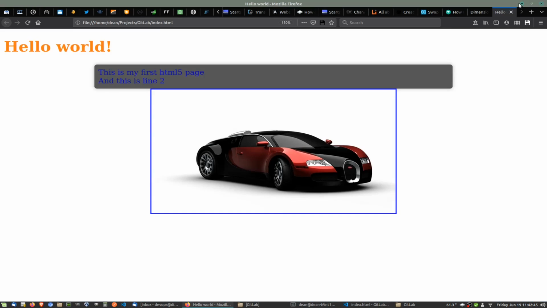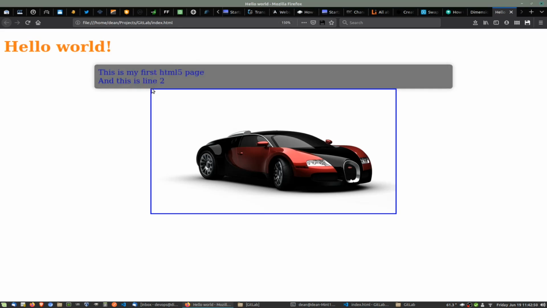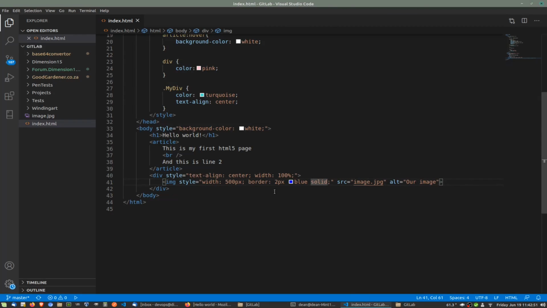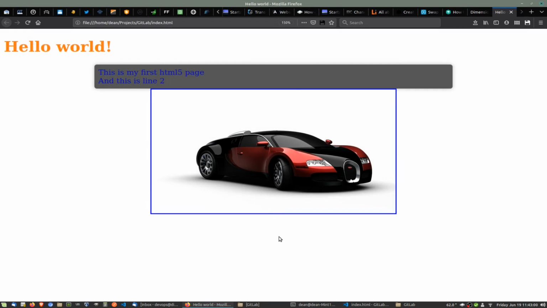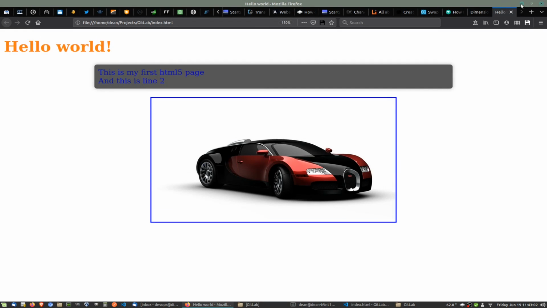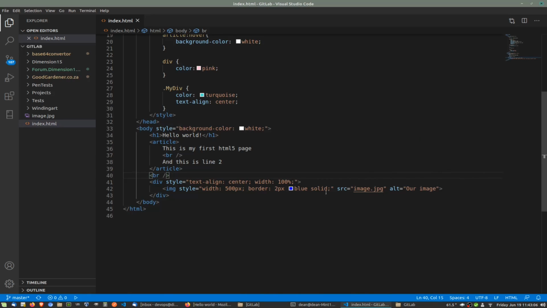I don't like this bit up top here where it's almost touching each other. So you could put a margin there or whatever, but we're just gonna do the break because I've already shown you the break. So if we go here now, there'll be a slight break there. And let's say I want this image to have shadows. So then we say